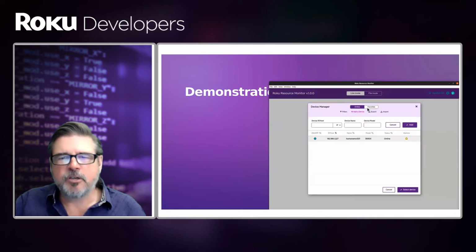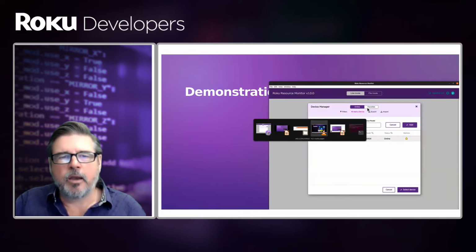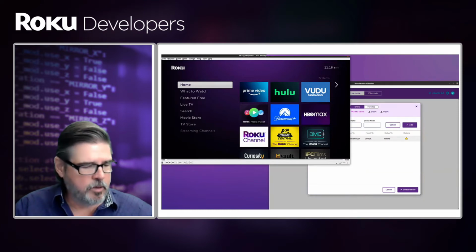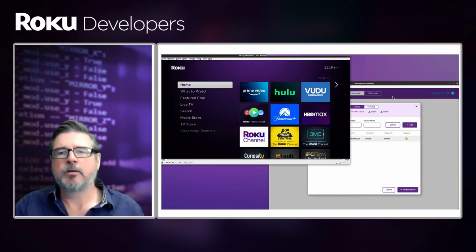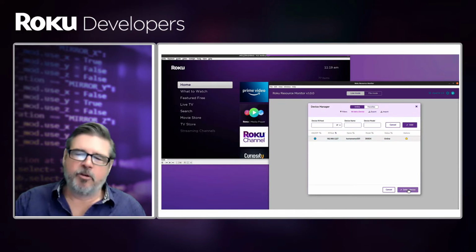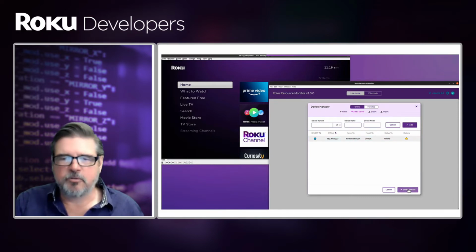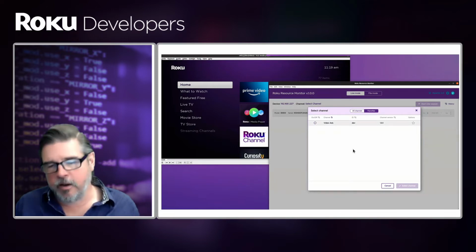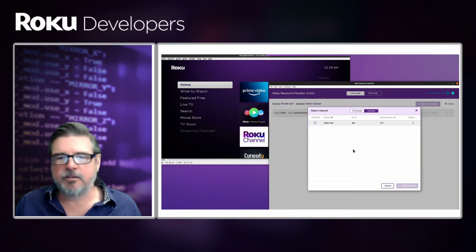So I've got Roku Resource Monitor loaded here, and I have a live image of my Roku Express. That is my favorite for this demo anyway. All my devices work, but this is the one I choose to use today. Select that device, and now it will tell me the channels on that device that I'm allowed to monitor. Again, on this device, I have not keyed the device, so it's only the dev channel that I